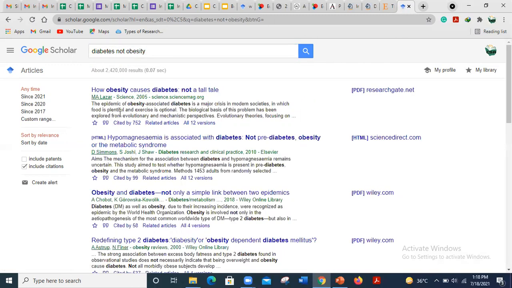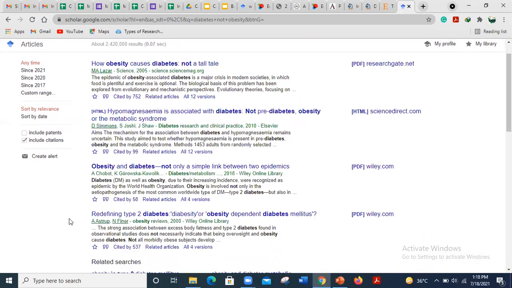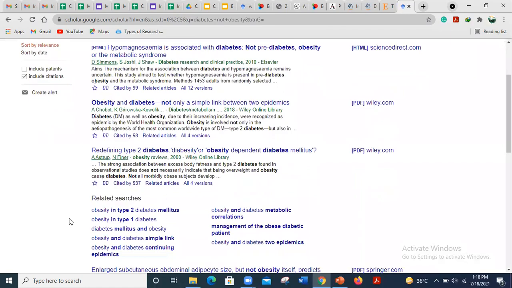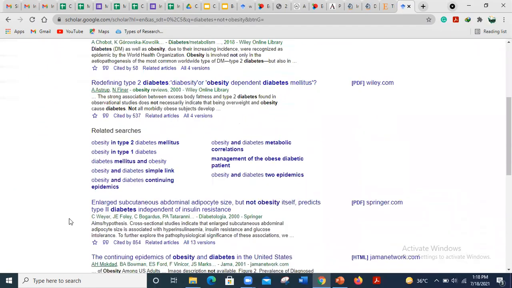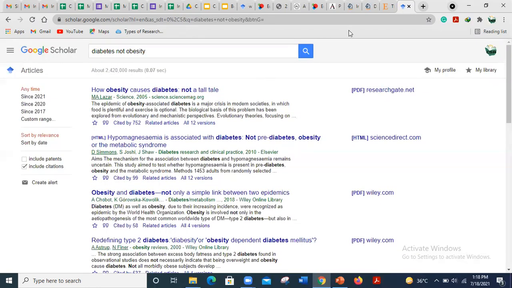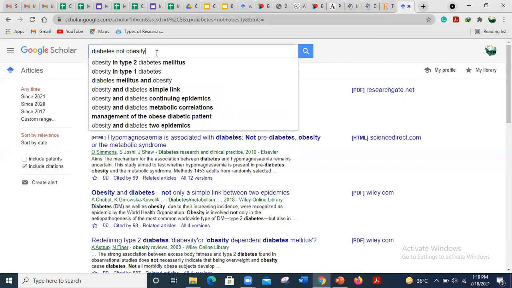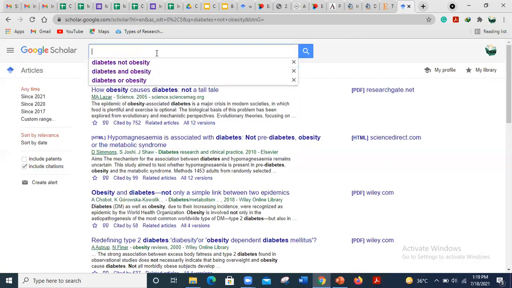All right, so here it will give me different types of data about diabetes without obesity, or I can use different types of keywords about it. So these are some search tools which can be used with different keywords to search your data.